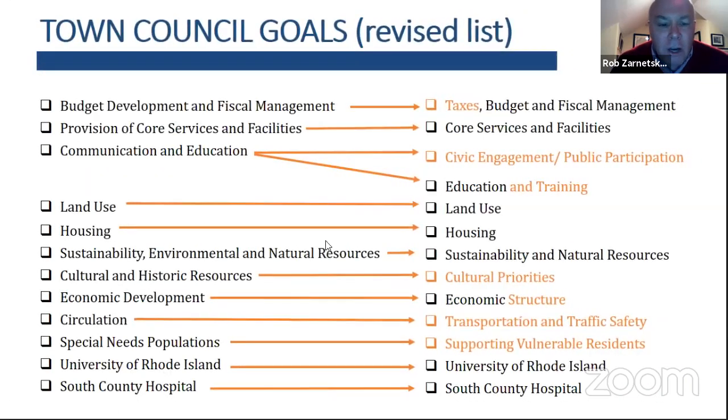Now, this is the shift in priority areas that I would ask the council to consider. Obviously, this list is owned by the council. There is a relationship between this list and the budget process and the budget award process. Every year, for many years now, South Kingstown has received an award for its budget presentation.